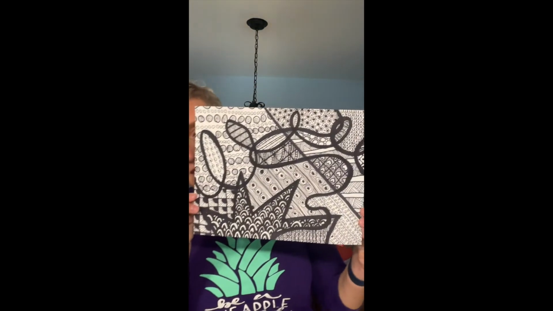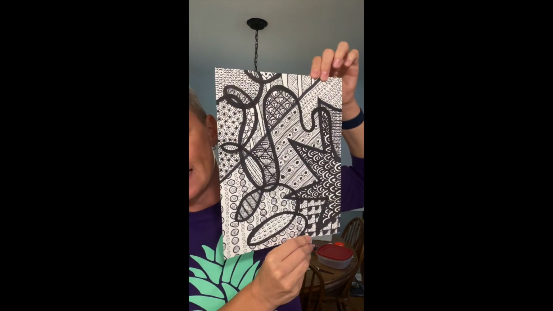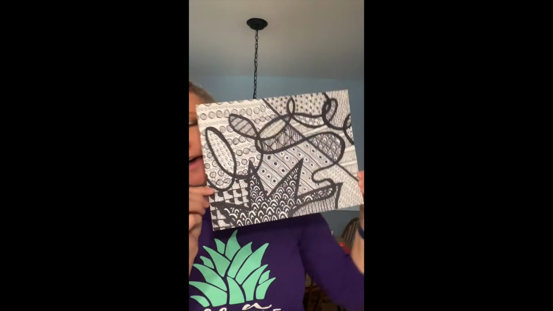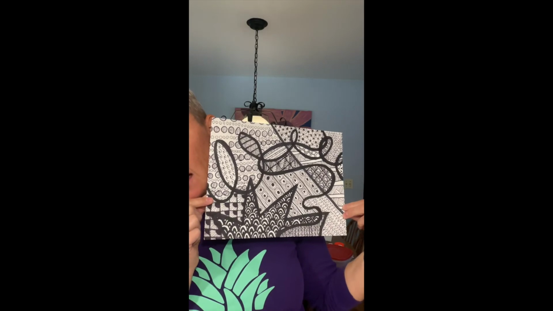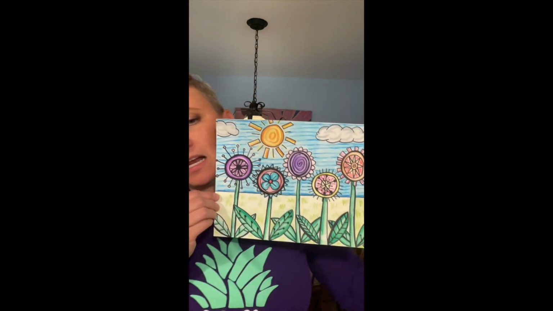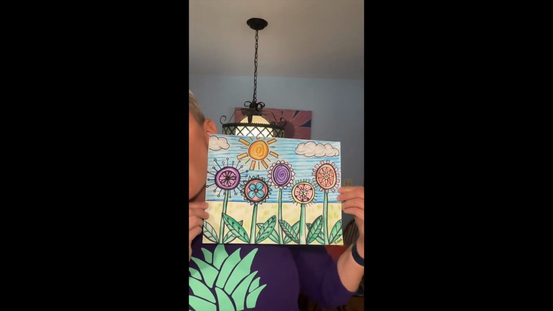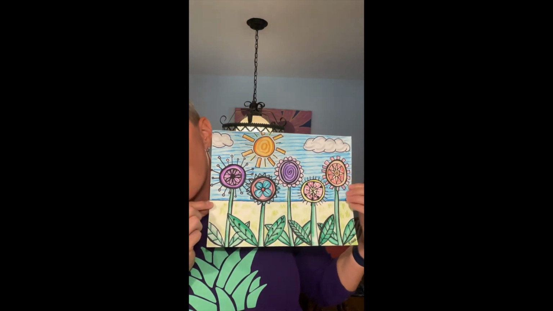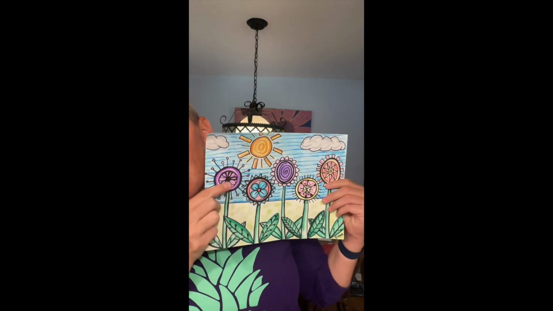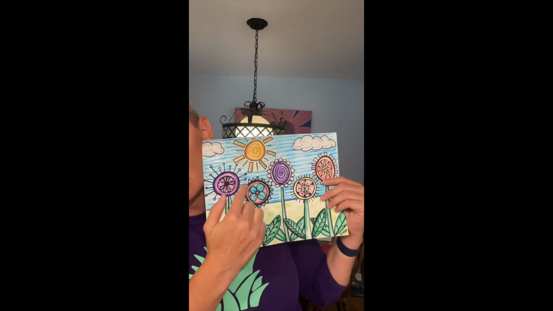I did this really detailed in this one using something called Zentangles. And you can learn about Zentangles on the internet if that's something that is really cool to you. I also use patterns to make a work of art a little bit more interesting. So these are a bunch of flowers in a sunshine and clouds that I used patterns to fill in these little areas,